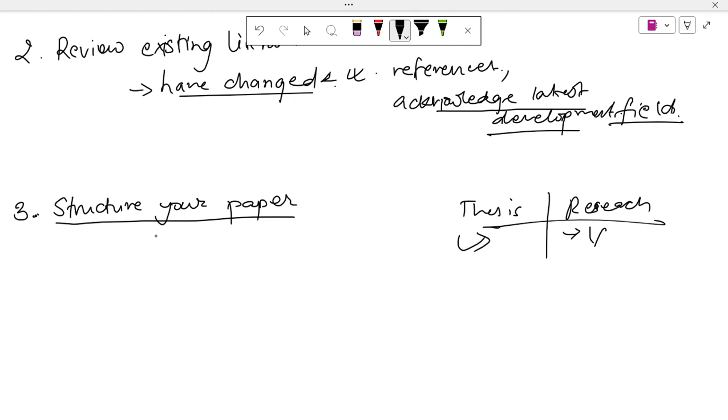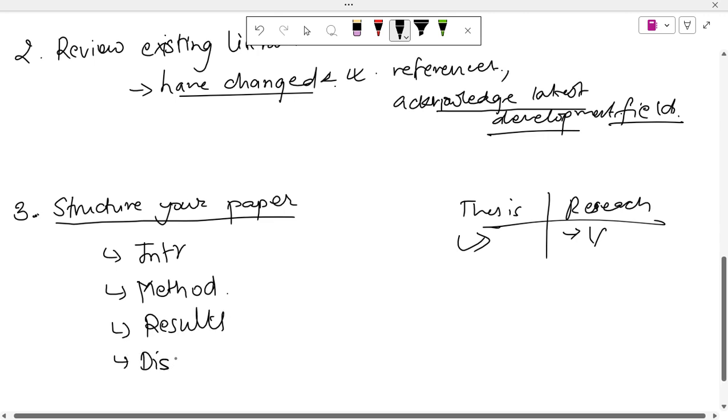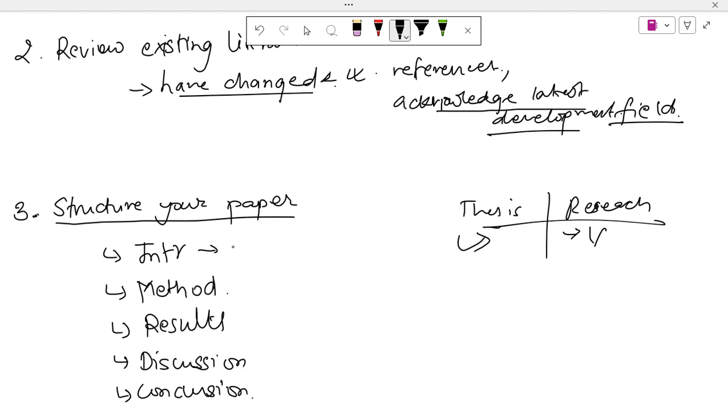A typical research paper follows a specific structure that I've said above also. So, these are introduction, methods and materials, results, discussion, and conclusion. Okay. So, in the introduction, clearly state the key research problem